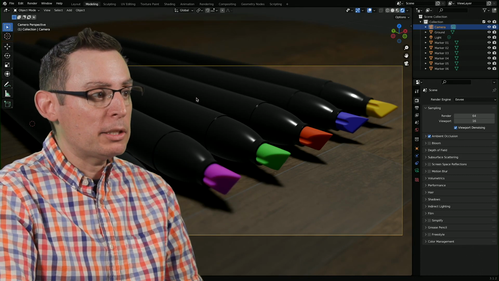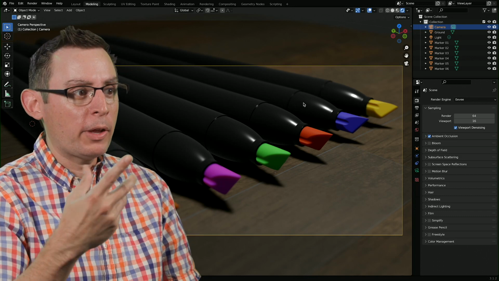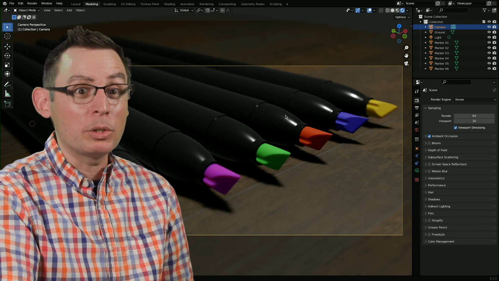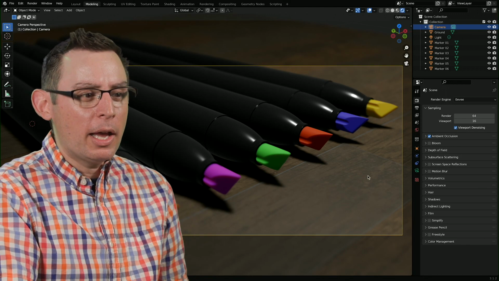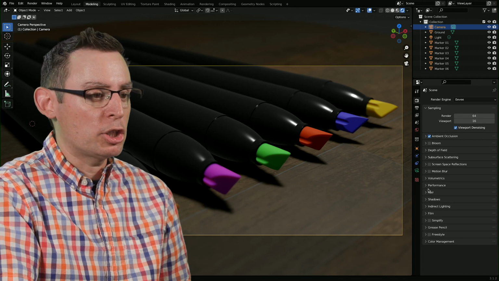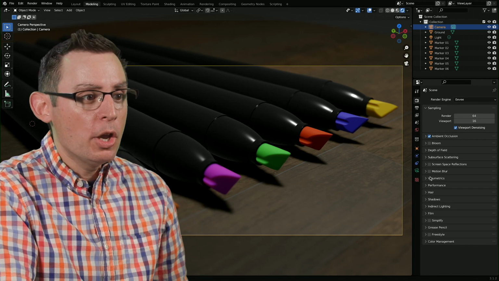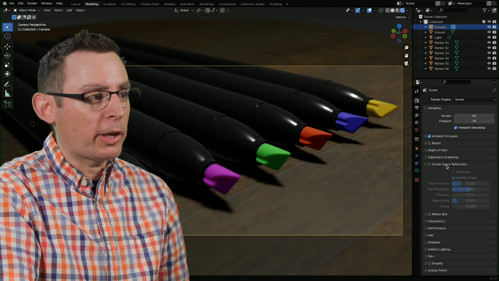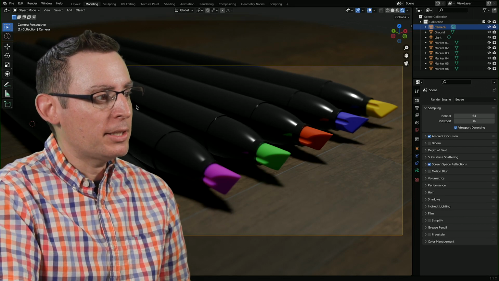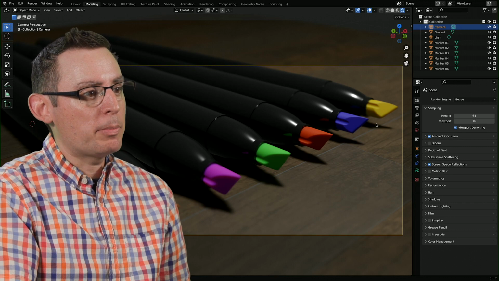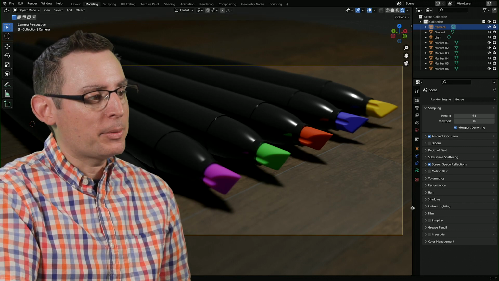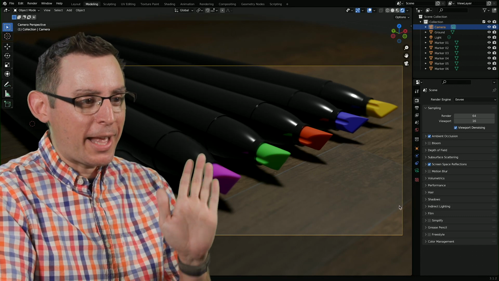Since these black materials are reflective, we should be seeing its neighbor in the reflections, but we don't, because Eevee is not as technologically advanced as a Cycles rendering engine. However, we can fake it with these screen space reflections. Let's go ahead and turn it on. Yeah, check it out. Now we're seeing some reflections here of the neighbors, and it's starting to feel a little bit more cinematic, which is pretty cool. I like that. I like that a lot.